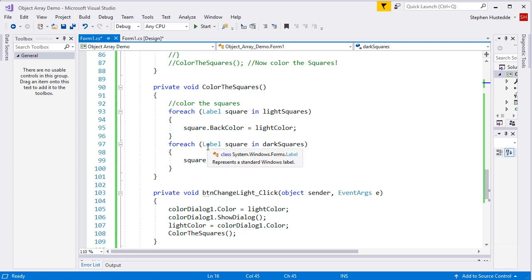Then I have a for each going through the dark squares, iterating through each one of those, setting each one to a label named square, which is a reference value to each label in my interface, and I'm setting the back color to wherever the dark color is. That creates the black and white template. Now when we click the two buttons,